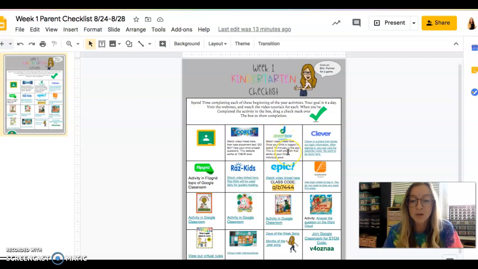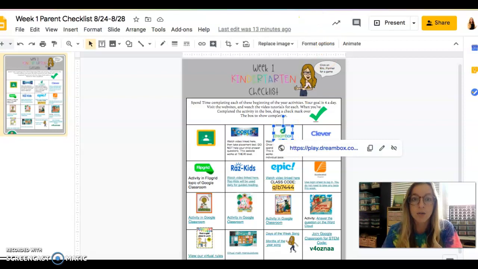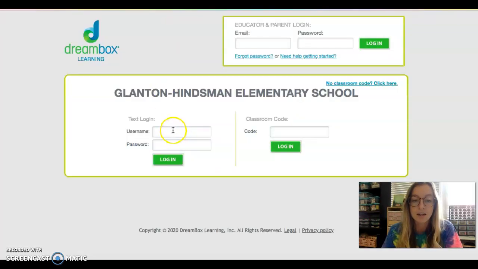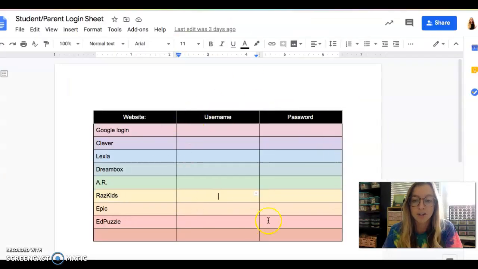There are two ways to log in. If you've watched a little bit of the AR video or Epic video or Rise Kids, I believe that I showed you in all of these that we are using Clever to log in through them. You can click here and it will take you to this website. There is a username and password that you will have on your student parent login sheet. Make sure that you check here for the Dreambox,